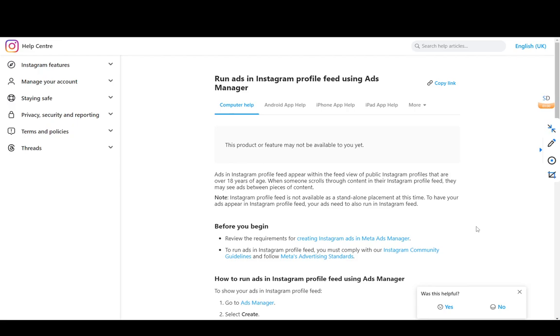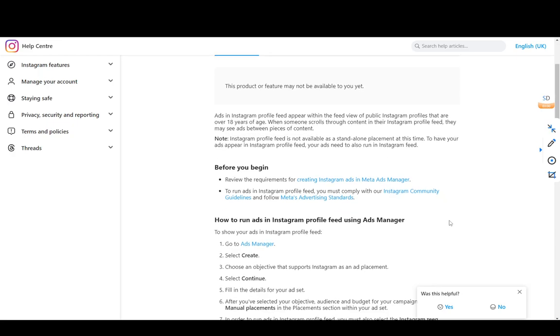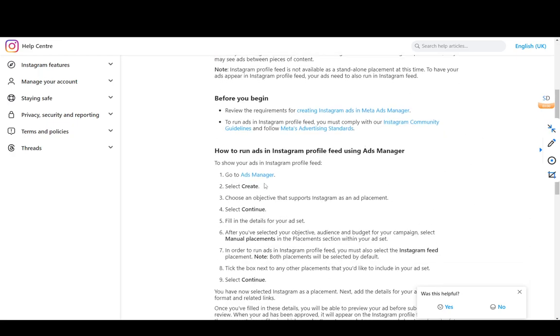You also do need a business account on Facebook, Meta, Instagram, whatever you want to call it. And then you're going to have to go to your ads manager, which I also don't have set up. So I'm going to be explaining from this instruction set here. Now, what you're going to want to do first to run ads on Instagram is to go to the ads manager. As I mentioned, you'll have to log into your Meta account, and then once you're there, you'll have access